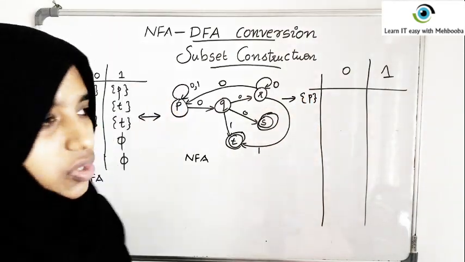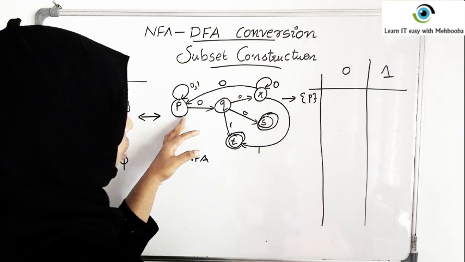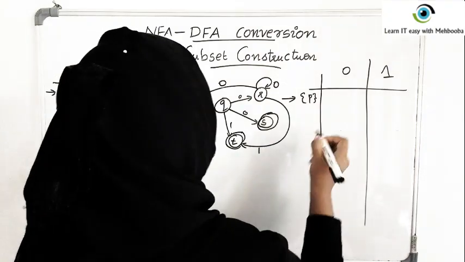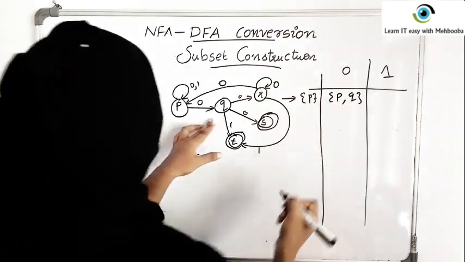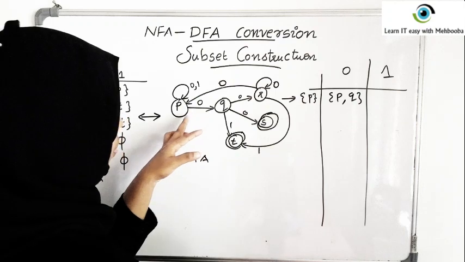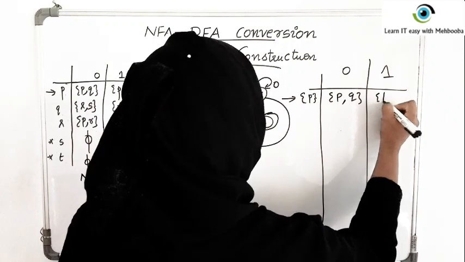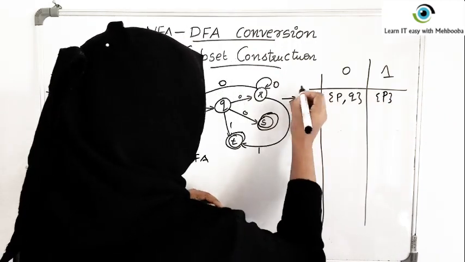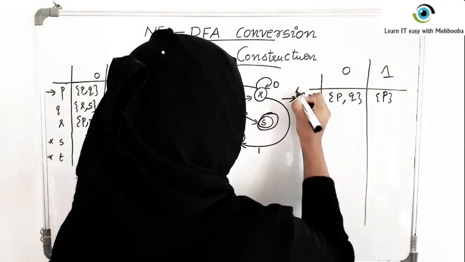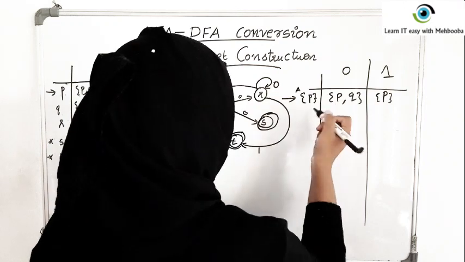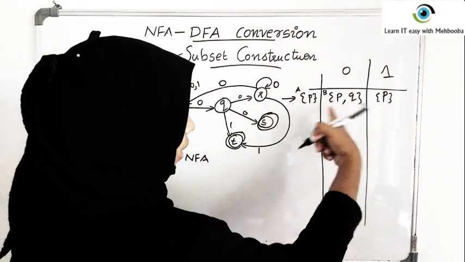So set P will be the start state. Now from P on 0, you are staying at P and then moving to Q also. So PQ. Okay. Now from P on 1, you are simply staying at P itself. I am naming the state A because you will get many combinations of these states hopefully. Or you can name it Q0 if you want. I am naming it B. Okay. Now B is the new state that we got at this point.